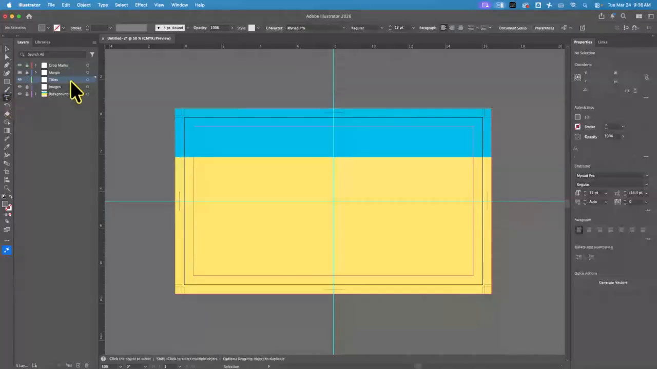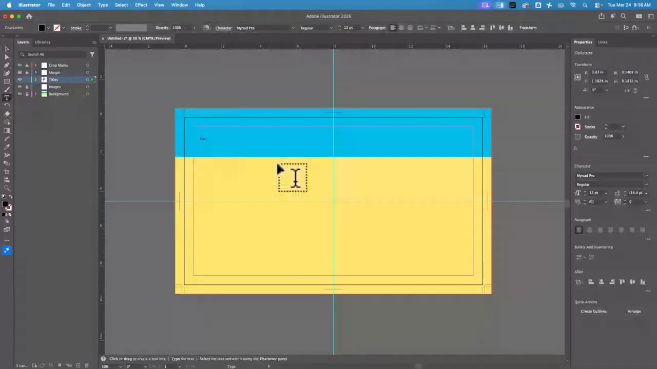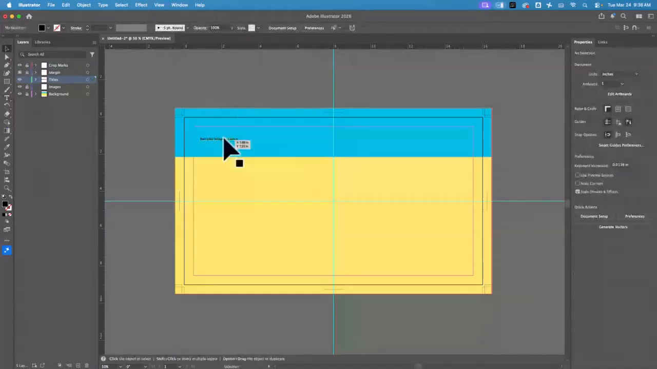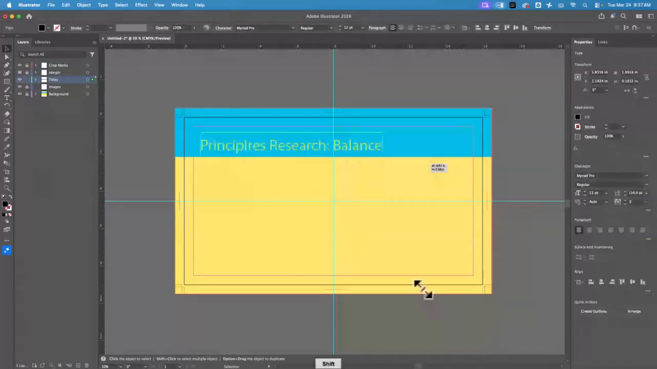So for the typography, I'm going to use point type. Point type is just click, and I'm going to call it Principles, Research, Balance. The reason I did the point and I didn't draw a text box is I have very little text. And if I do it by point text, that means I can hold down Shift and just easily make my type bigger. If you do a text box